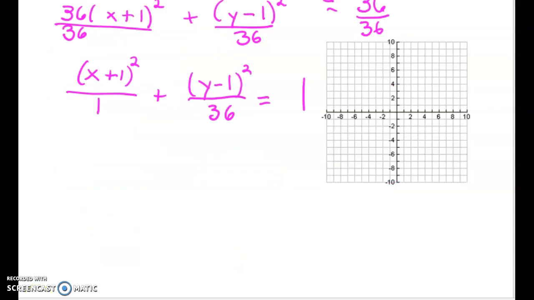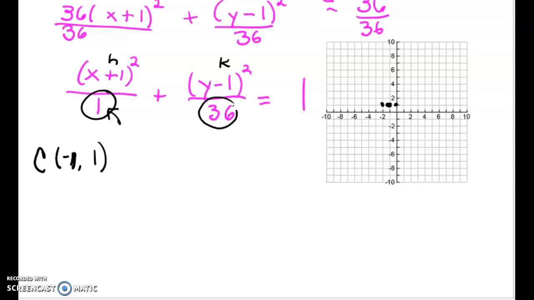We need to start with our center. Our center is located at -1, +1. So H is always with X and K is always with Y. Always looks like the opposite. So we plot -1, 1, put a dot. Then on our x-axis, this value, we take the square root of that value and we move to the left 1, to the right 1. So the square root of 1 is 1, so we move to the left 1 and to the right 1,